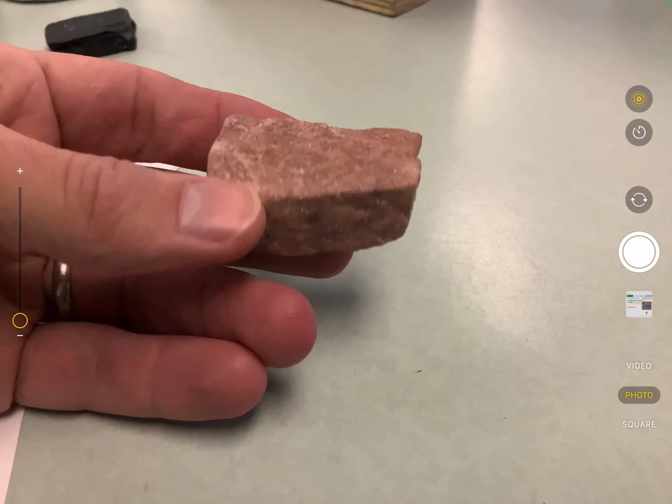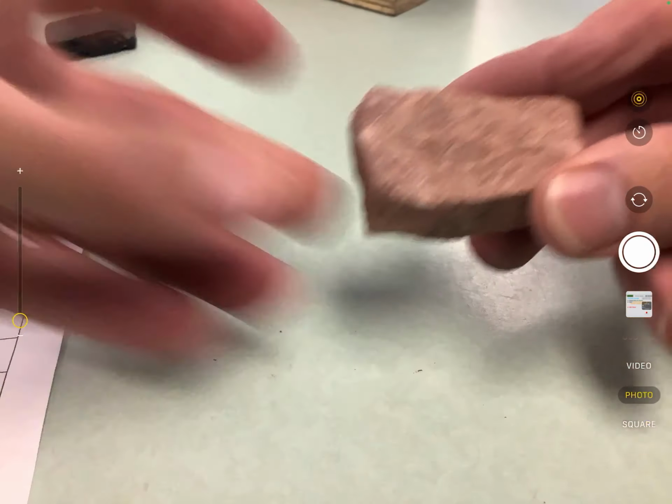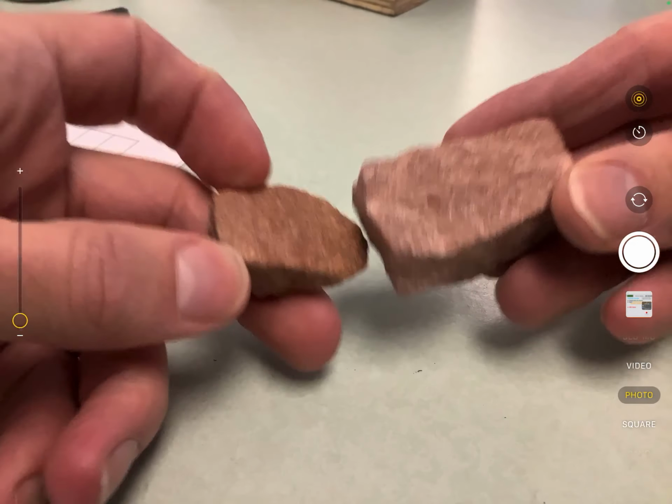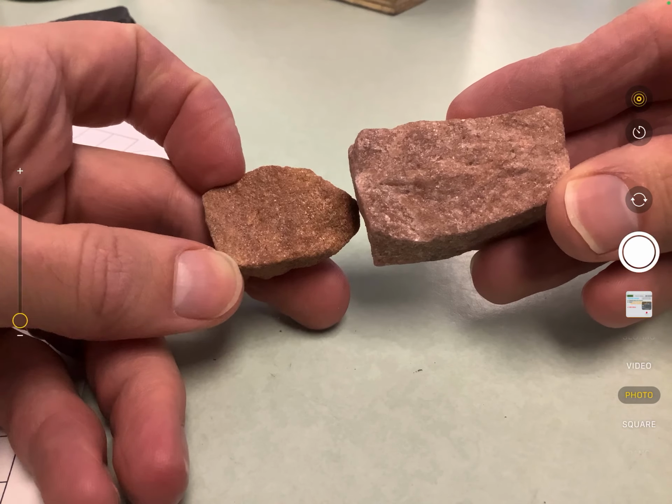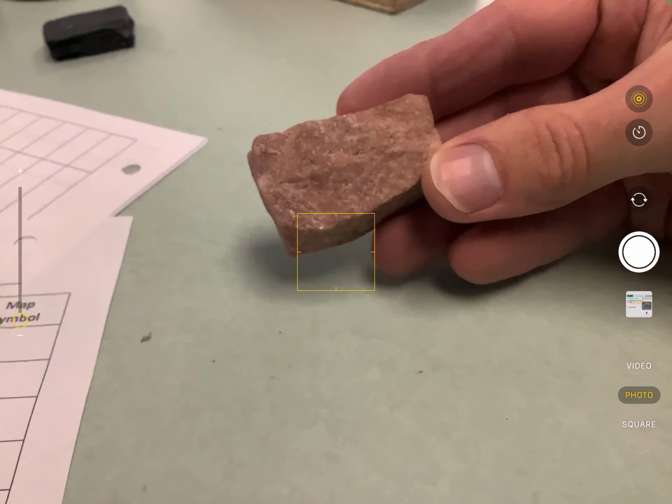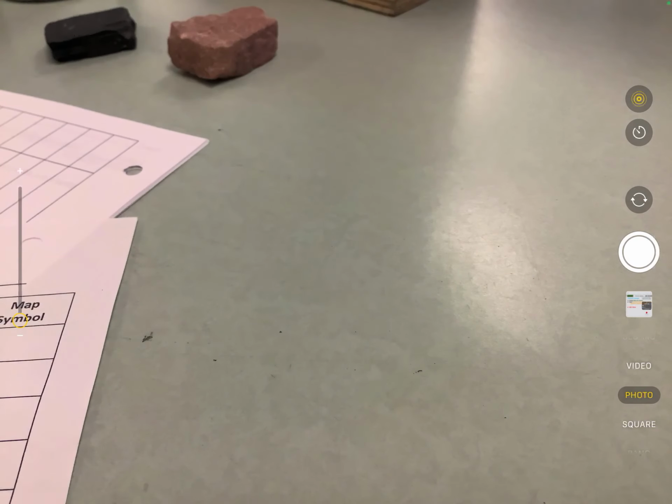Quartzite is metamorphism of sandstone. If you hold them side by side, let me show you sandstone. There's sandstone, there's quartzite. Very, very similar to each other. So this is metamorphic sandstone called quartzite. All right, number